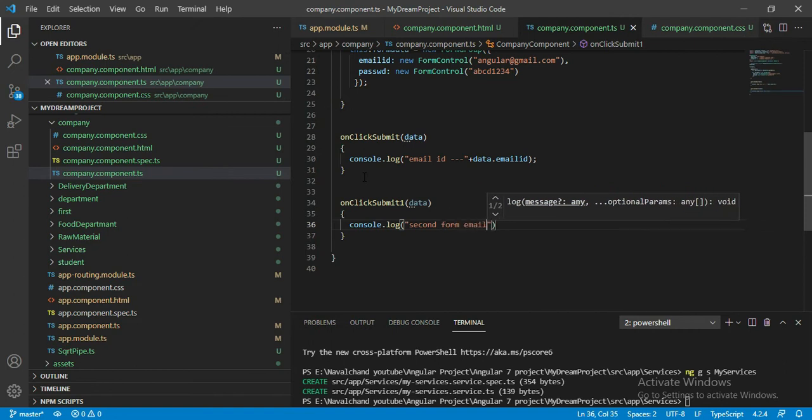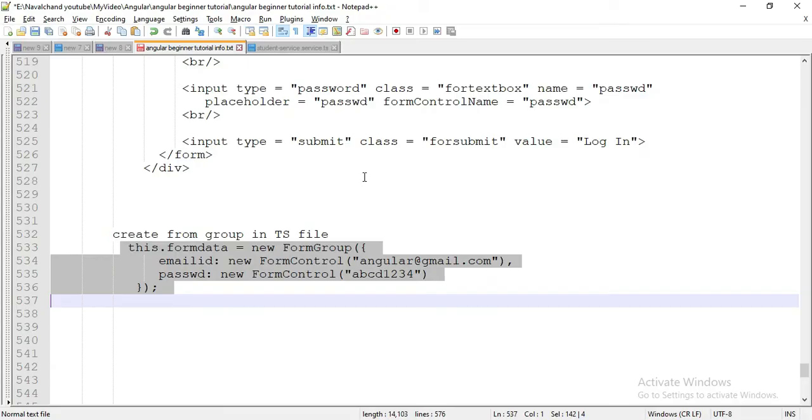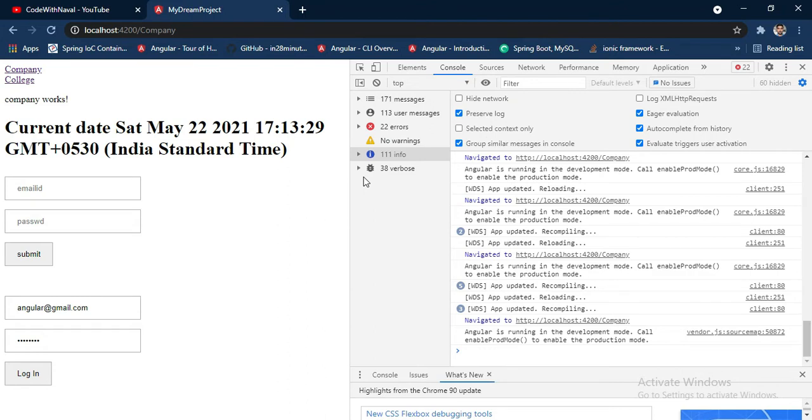Okay, I'll simply add this message and print data.emailId. Okay, that's great. Let's save this. You can see this is our first form, the template driven form, and the second one is the model driven form.